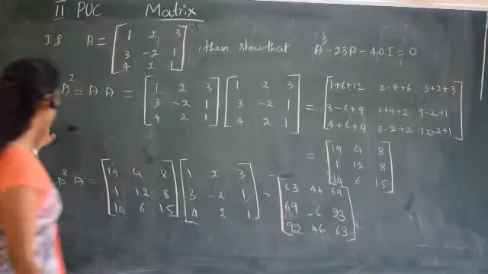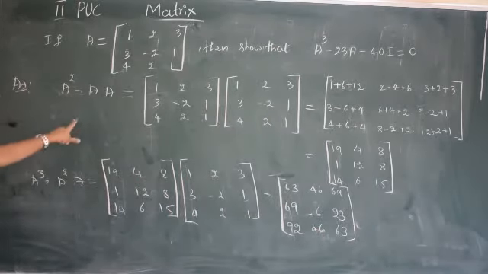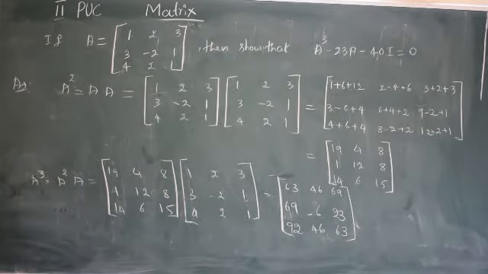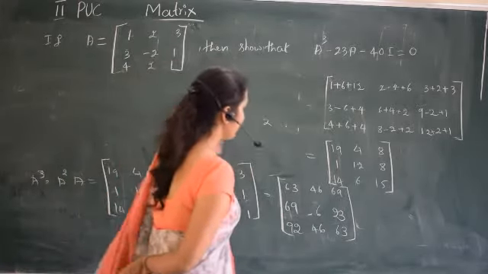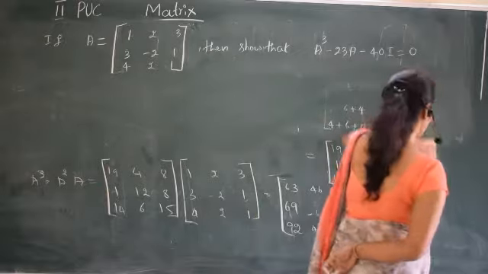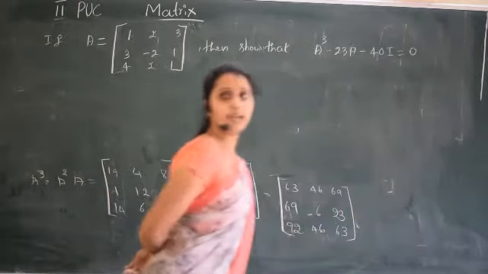So we have calculated A square and A cube. First we have calculated A square by this, and A cube also we have calculated. Next we have to calculate 23I. Now we want only A cube. We don't want all those other terms. So we have to calculate A cube now. 23 into A. So what is 23 into A?